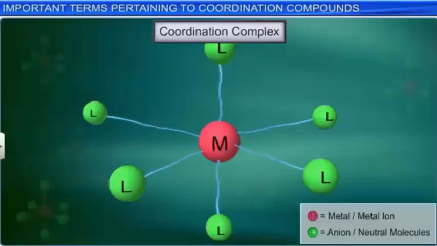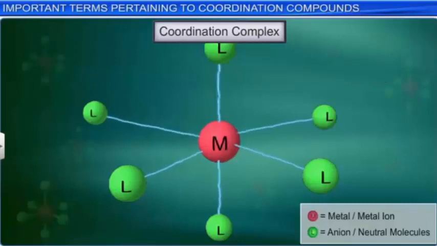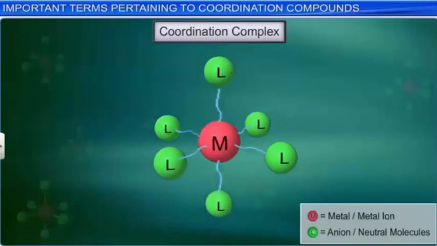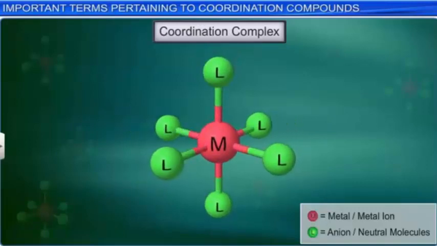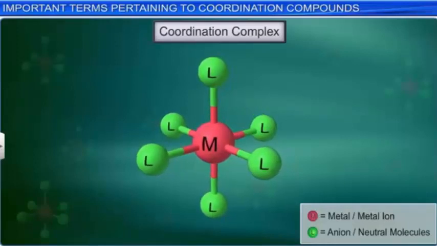A coordination complex is the product of a Lewis acid-base reaction, in which a central metal atom or ion forms coordinate covalent bonds with neutral molecules or anions called ligands. Similar to the